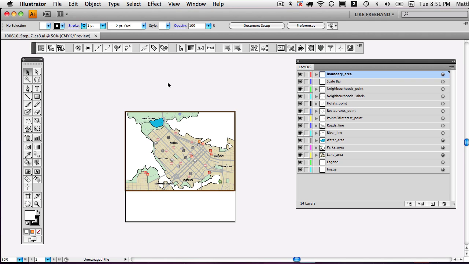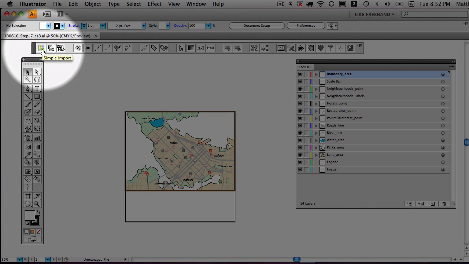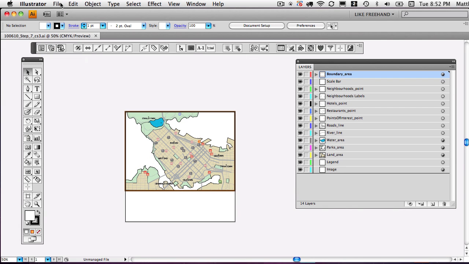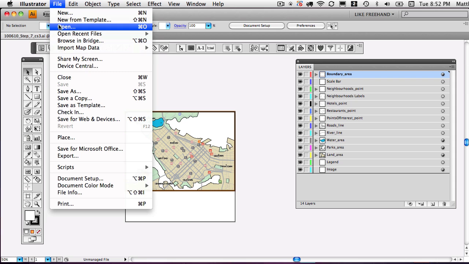In step 7 of the Quick Start guide, you'll be importing some GIS raster data, which is different than the vector data that we have been importing. To do that, you've been using either the simple or the advanced import. For geo raster data, you'd use the traditional way to place any raster data in Illustrator, which is underneath File